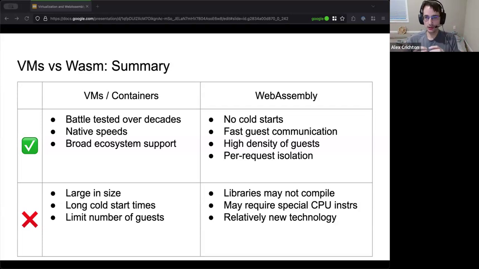WebAssembly at the core layer I was showing you has these integers. So function parameters are I32, F32, I64, and they also have linear memory, which is just a giant blob of bytes, effectively your address space. So the communication there is, I need to invoke a function in WebAssembly, which I'm going to pass some integers, and I'm also going to fill out some memory. But there are a lot of details: how do I get that memory in there? Where do I put it in the memory? Which integers do I pass? That's the fundamental primitive that you must call in WebAssembly, which is integers and memory.